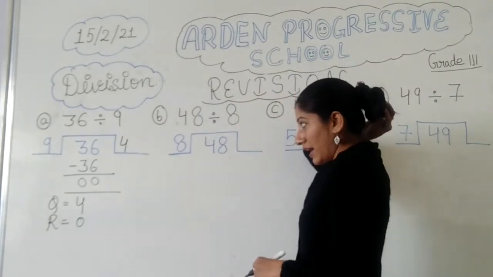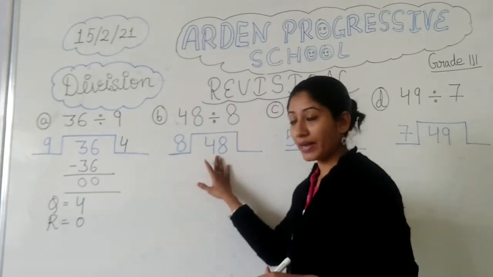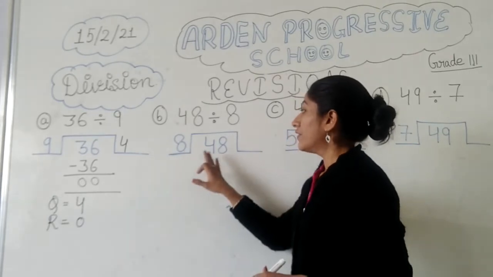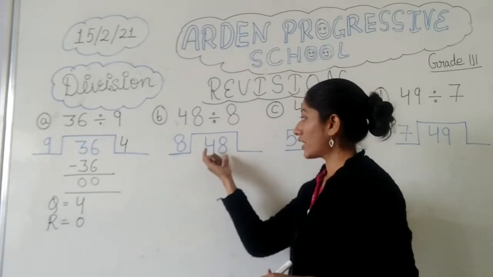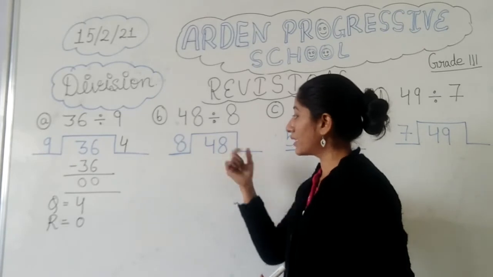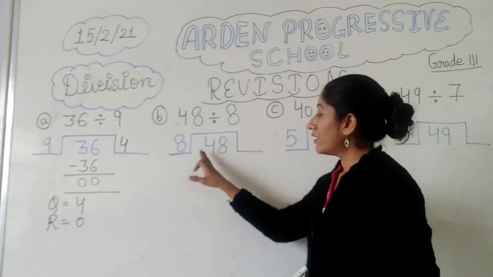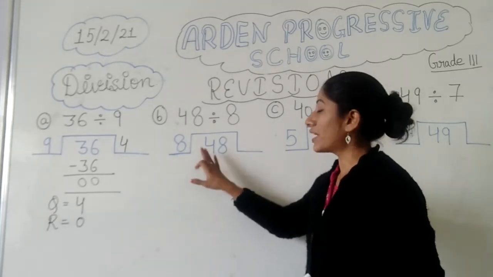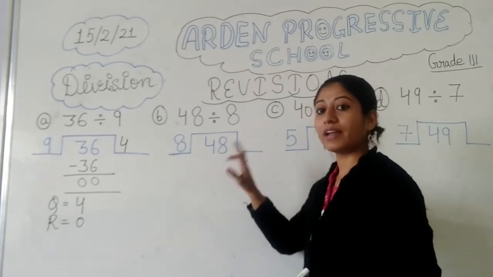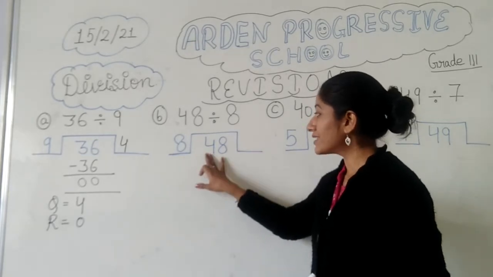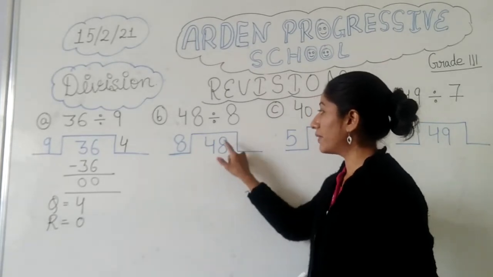Now let's solve this one. Another one is 8 and 48. Same, now we have to apply the table here on the first number. But because 8 is greater and 4 is smaller, we cannot apply the table of 8 on 4. So that's why we have to take the complete number 48. हमें यहाँ पे पूरा complete number 48 लेना पड़ेगा. If our first digit was greater than 8 or equal to 8, either 8 or bigger than 8, then we could simply apply the table on the first number. But right now, because this digit is smaller than 8, we cannot apply it only on this digit. So we have to take the complete number, it is 48.